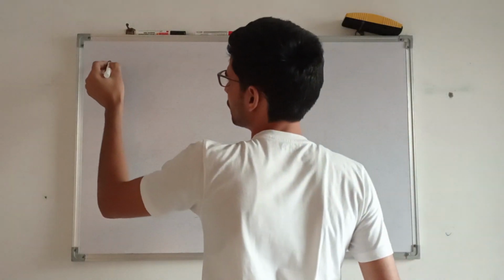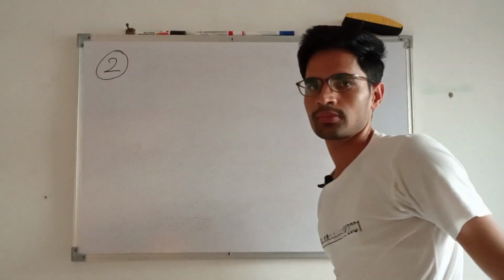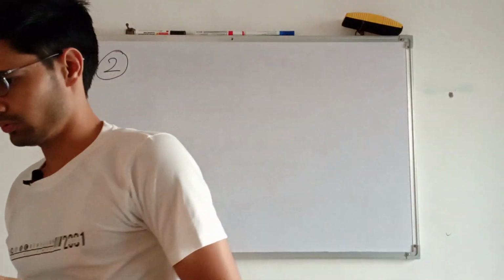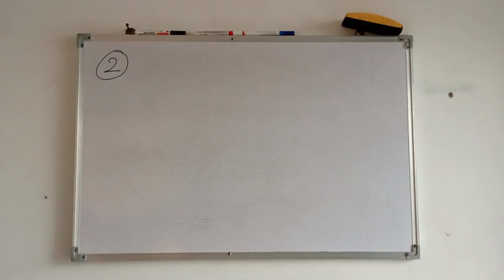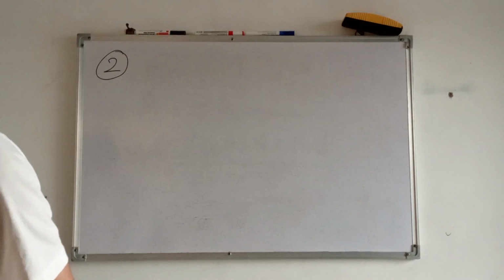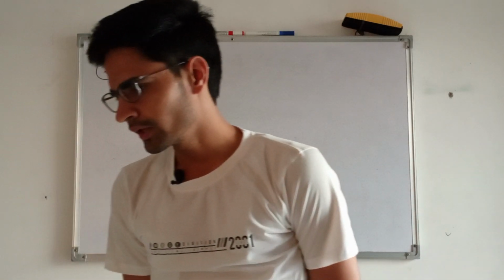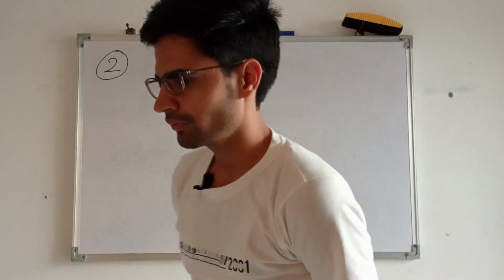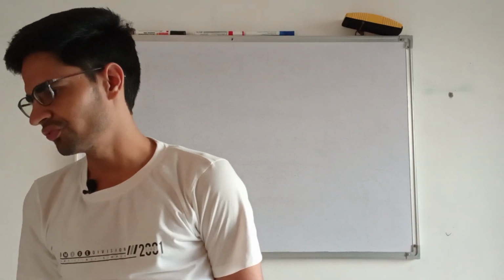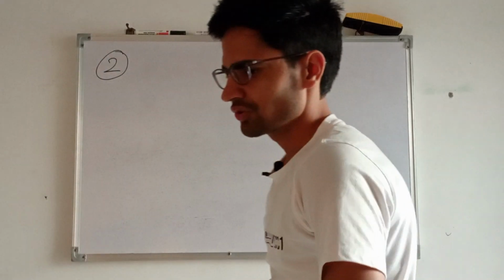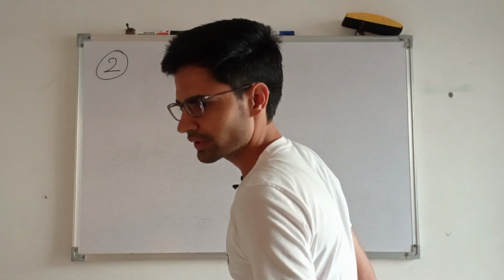Question number 2 for the day. What is question number 2? We have been provided with vector alpha, another vector beta, then beta 1 be parallel to alpha, beta 2 be perpendicular to alpha. If beta is beta 1 plus beta 2, then find the value of this. So we are given with vectors.